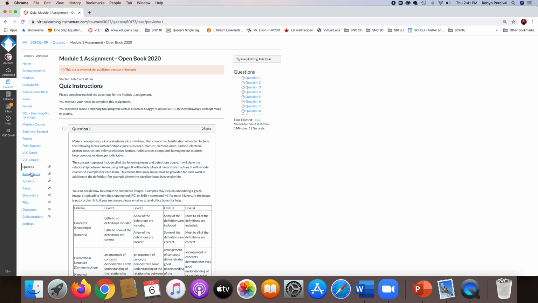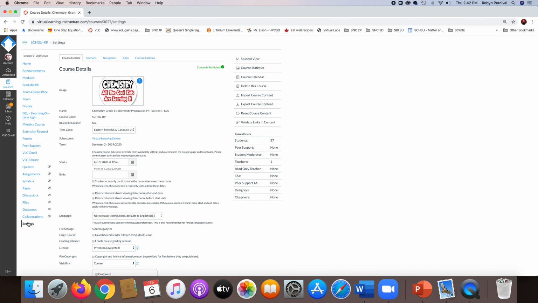So in order to do that, I need to go to Settings, and you want to actually then export the course content first. It will create what's called a QTI file, which will probably show in your downloads, and then you have to import it back. So let me just show you. If I hit export